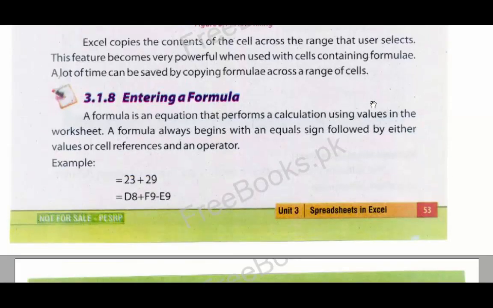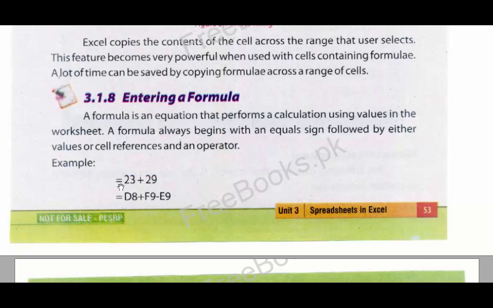Next topic is entering a formula. A formula is an equation that performs a calculation using values in the worksheet. A formula always begins with an equal sign followed by either values or cell reference and an operator. Remember one thing, that each formula always starts with the equal sign.